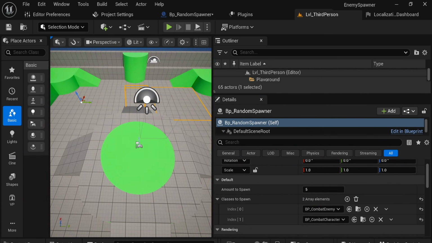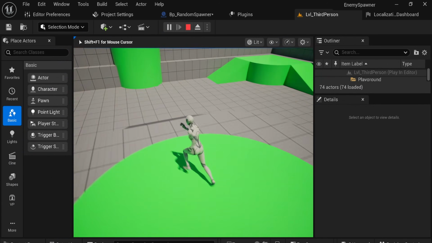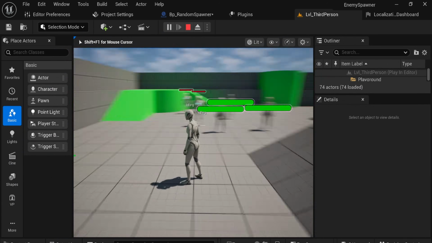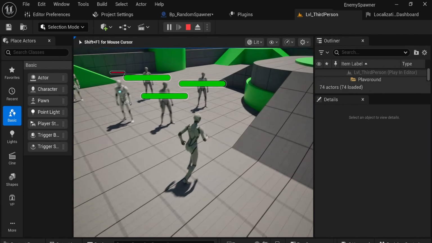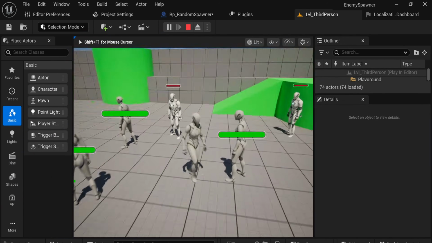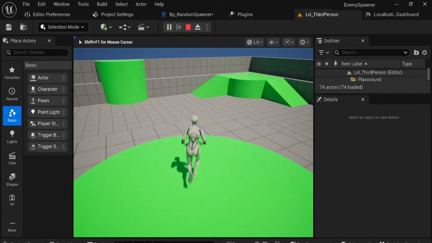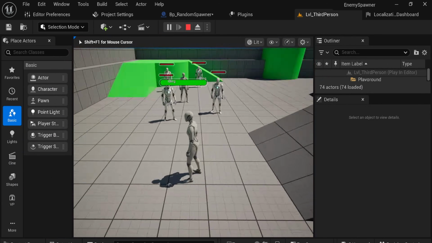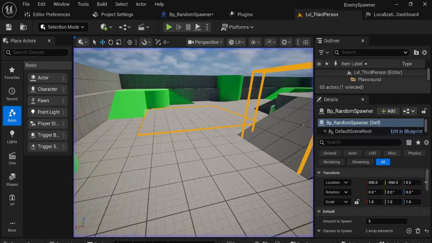So now that we have that all set up, if we play the game and I walk down this ramp, you will see it has 2 of the enemies that have spawned in, and then 3 of the, well, not enemies that spawned in. And if I play again, it will be a different permutation, and they will be in different positions. Obviously, you would want the enemies to have some sort of spawn-in animation and all that kind of stuff, but